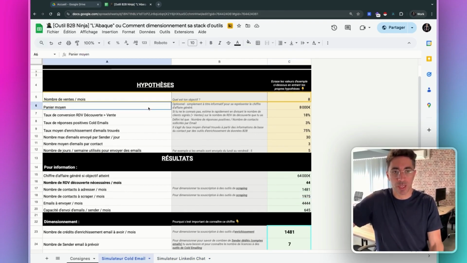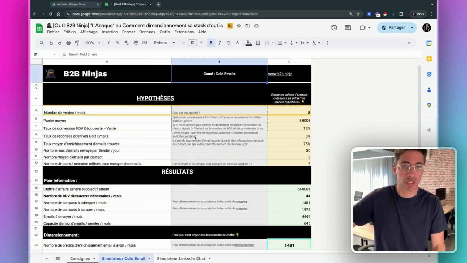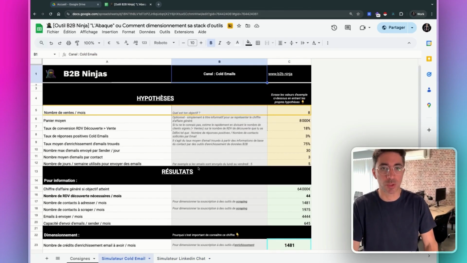So that's the logic behind this tool. It's free, you can download the link and make projections with it. As you understand, you need to choose your main acquisition channel for cold outreach based on your target and your company's context. I recommend that you start by testing both channels separately to measure the metrics. And later on, why not try multi-channel by combining the two? If you choose cold emailing as one of your strategies, be very careful about deliverability. I've made a full video on this topic, so you can go check it out.